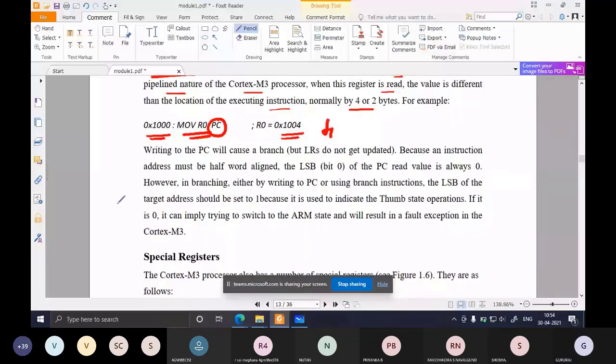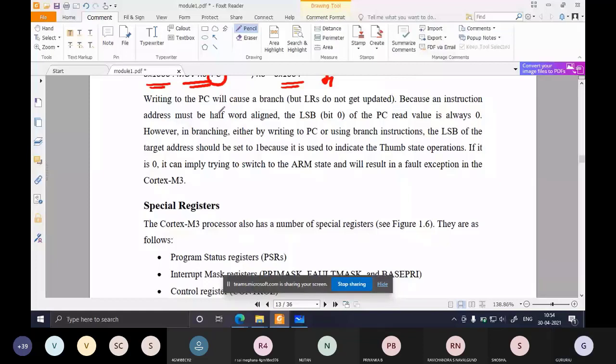Yeah. So writing to PC will cause the branch. We saw that. I gave an example of skipping instructions 3 and 4 and directly going to instruction 5. Because an instruction address must be half-word aligned, don't worry about this, we shall discuss it later.